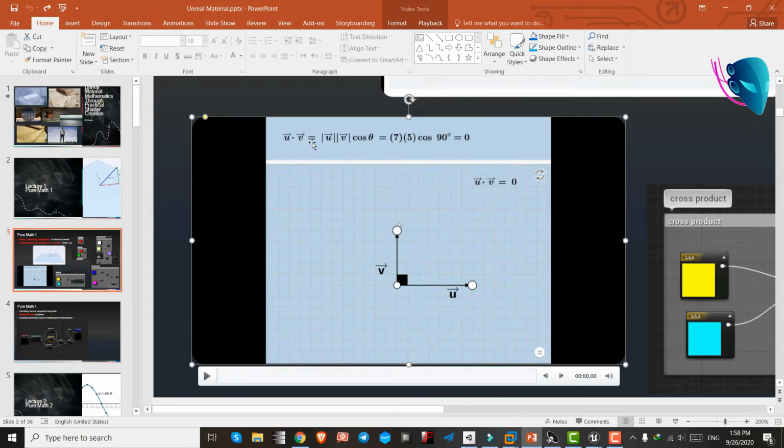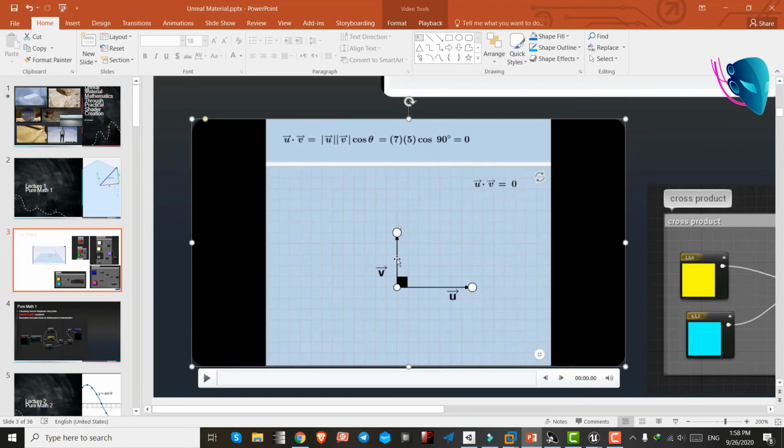The dot product is defined by the magnitude of the first vector multiplied by the magnitude of the second vector multiplied by the cosine of the angle between them. For example, if I have a vector with magnitude of 7, and a vector with magnitude of 5, and the angle between them is 90 degrees, as you know, the cosine of 90 degrees is 0, and the cosine of 0 degrees is 1, and the result will be 0. Okay,